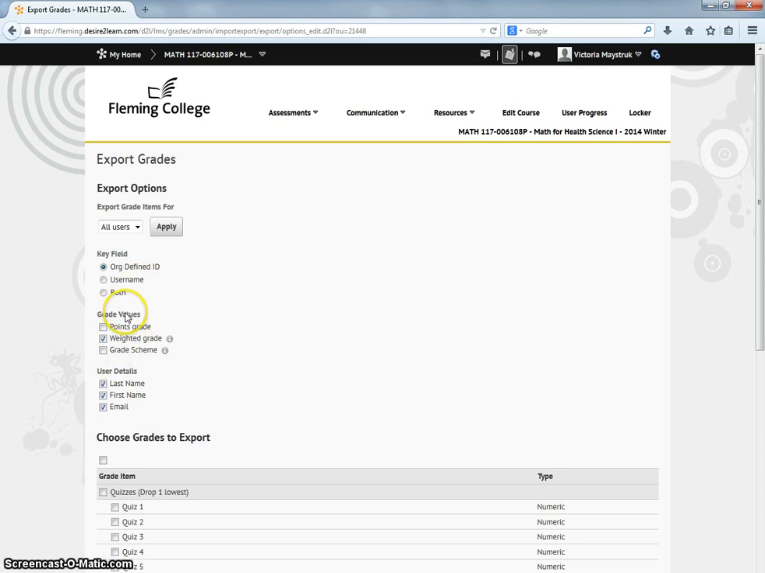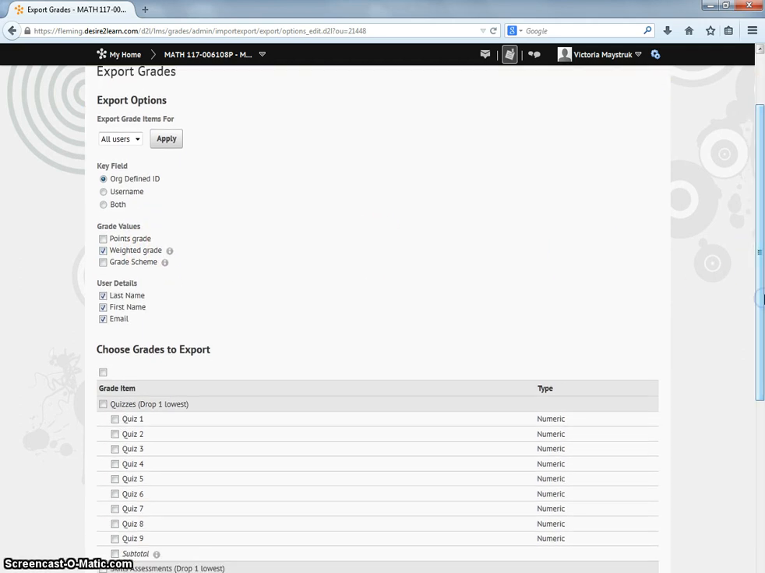When you're downloading the grade values, choose whichever is appropriate based on your grading scheme. I think the weighted grade is most useful for the way I've got my grades set up for many of my courses. For user details, make sure you include the students' emails because we'll access that information to send them their personalized